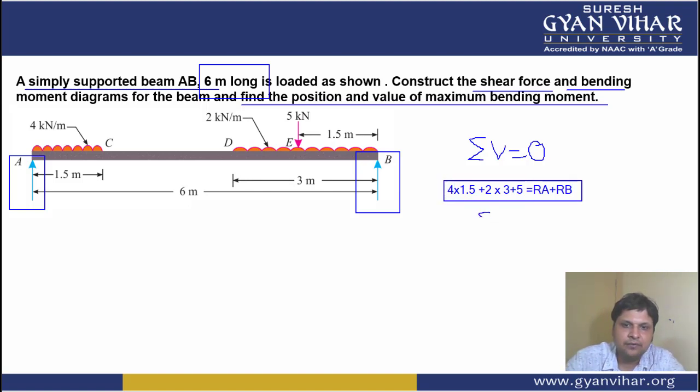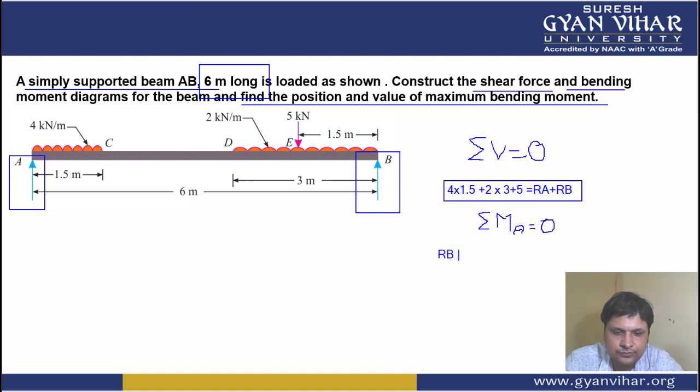All right, so this is one of the equations giving the relation between Ra and Rb. Then the second equation will be summation of moment about any point, let for example be A, will be equal to 0. With this also we can calculate the value of one of the reactions. See, summation of moment about point A should be equal to 0. This means that